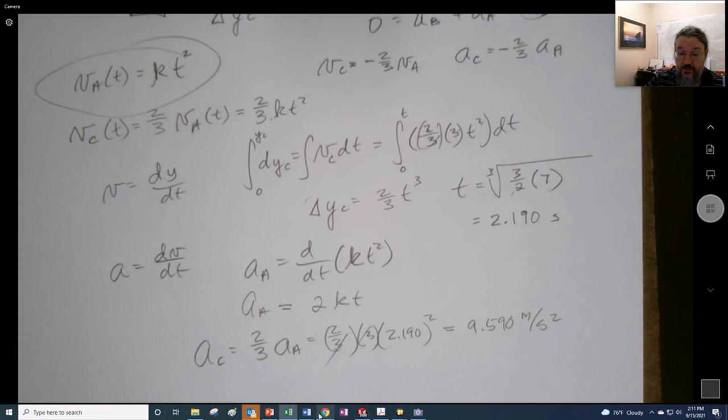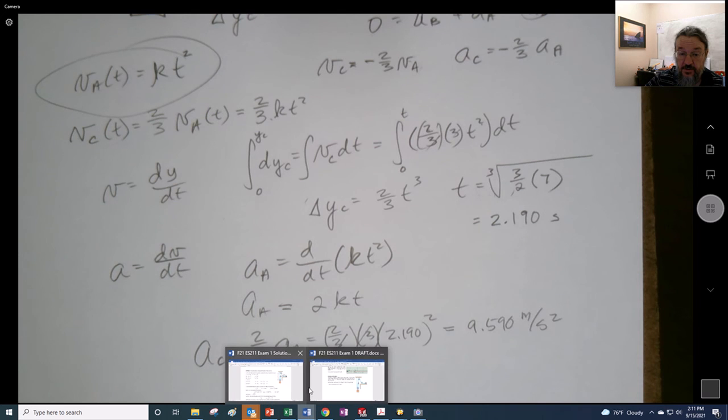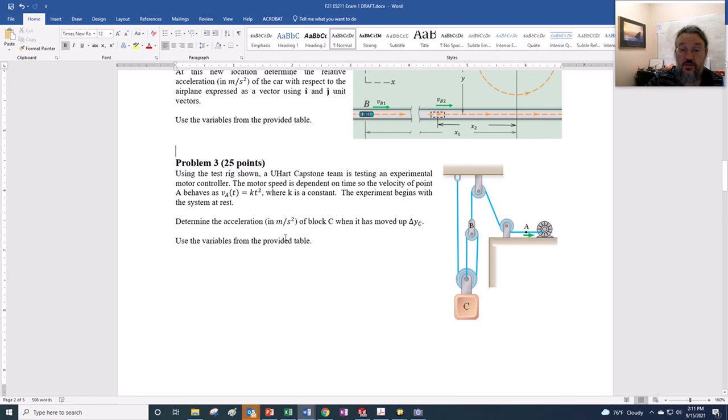Let me double check what this problem said. Yeah, determine the acceleration of block C after it's moved up there. So there you go. That's the solution to this, and it was a